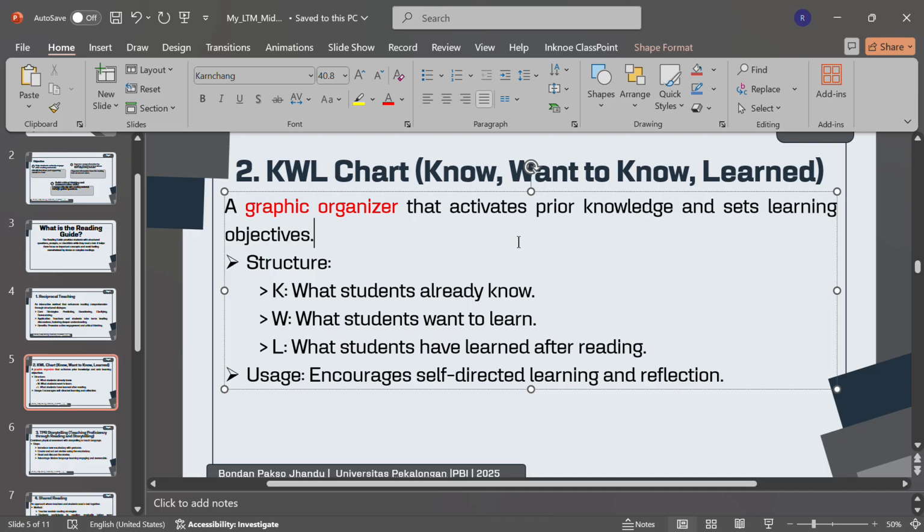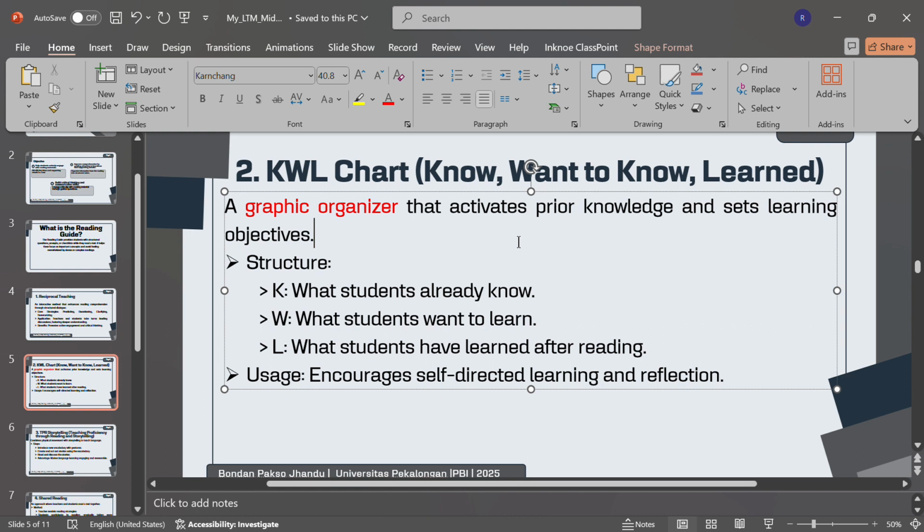K is equal to what students already know. The students must write the information about what they know in this space based on the context. And then W is equal to what students want to learn.